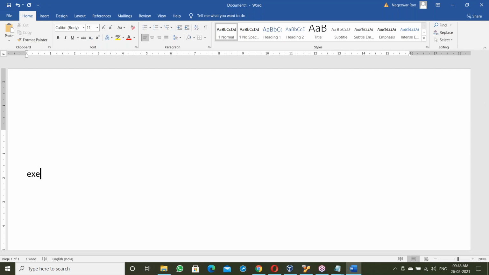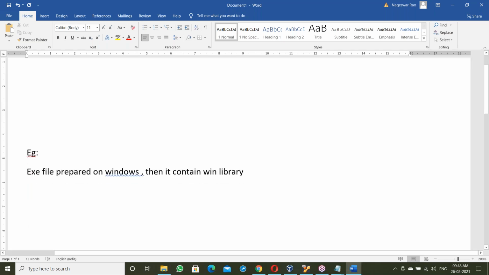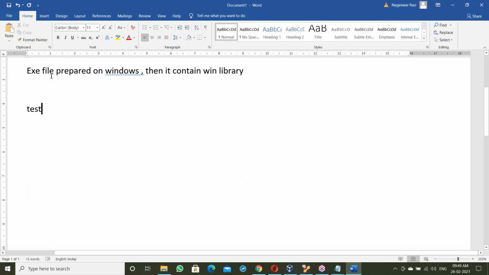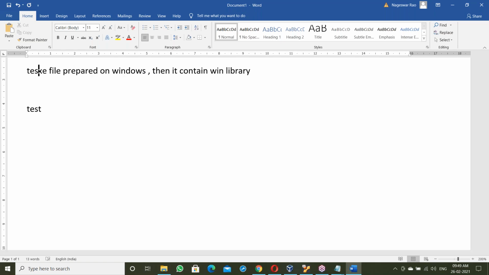Suppose, for example, an exe file prepared on Windows OS, then it contains the Windows library. For example, a test.exe file prepared on Windows OS then contains the Windows library here.